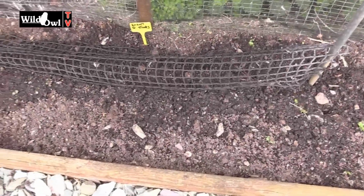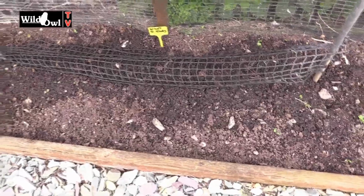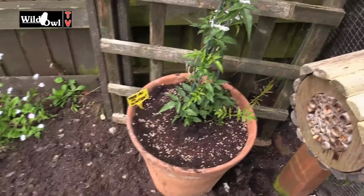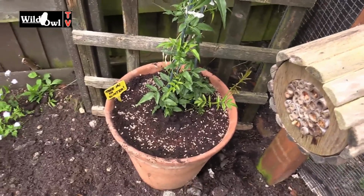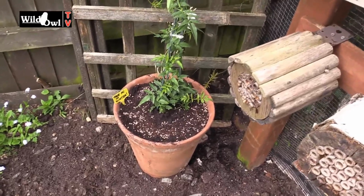It's not night stocks there, beg your pardon. So that's scented night stocks, that's seeded there. Hopefully they'll come up. They did last year. I've got a jasmine there. Now that isn't necessarily a night flowering jasmine, which I may need to get one of those as well, but